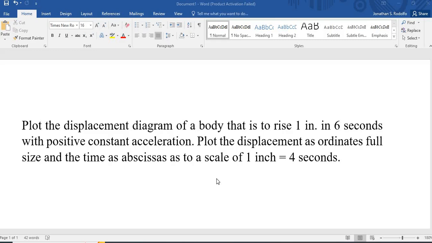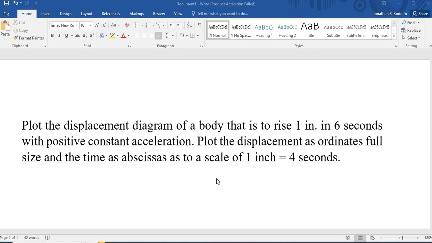Okay, this time we will make a displacement diagram for a body in which the motion is constant acceleration, positive constant acceleration, in which the body rises. Okay, so plot the displacement diagram of a body that is to rise 1 inch in 6 seconds with positive